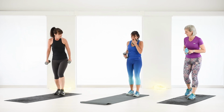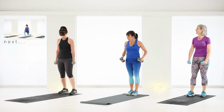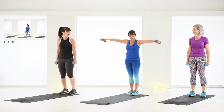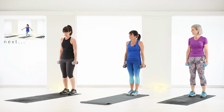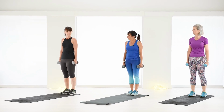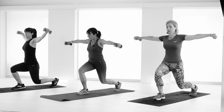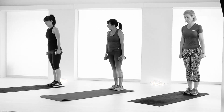Okay, so the next one is those lunges forward with a lateral raise. So lateral means you're bringing it up to the side. You're going to lunge forward with alternate legs, starting with your right leg into a lunge. So we come down and up with your arms and back. Then on the other leg,